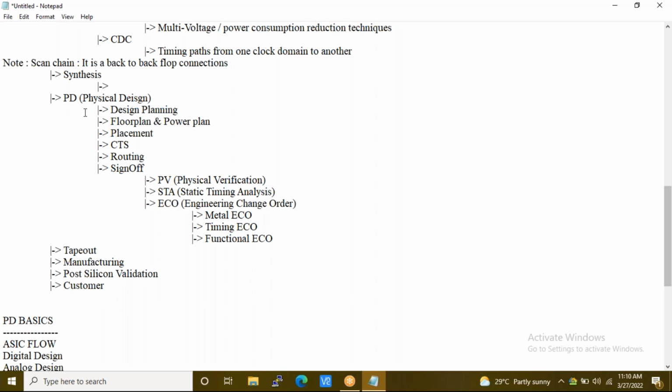Then it will involve the concept of floor planning. You plan the floor area. Then you do the placement of the macros and standard cells. Then it goes through various stages like clock tree synthesis and routing. Then we do SPEF extraction. Then we do SDF generation. Then we do static timing analysis. Then we do IR drop analysis. Then we do physical verification. All these concepts will be covered. Along with that, we will also give exposure to synthesis and physical verification.